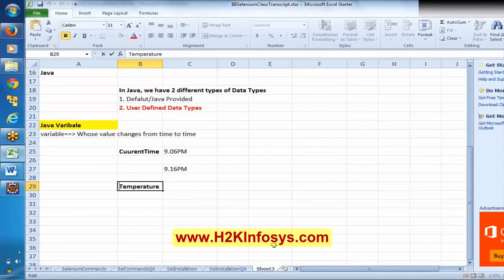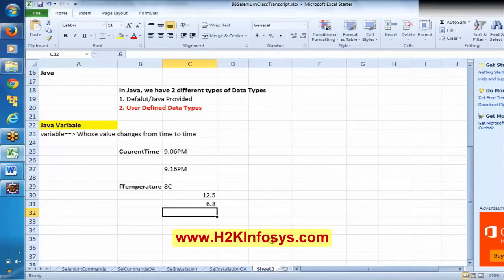Everyone observe, I am using F for temperature. Say the value during the morning time is 8 Celsius, during the afternoon it is 12.5, and during the evening it is 6.8.